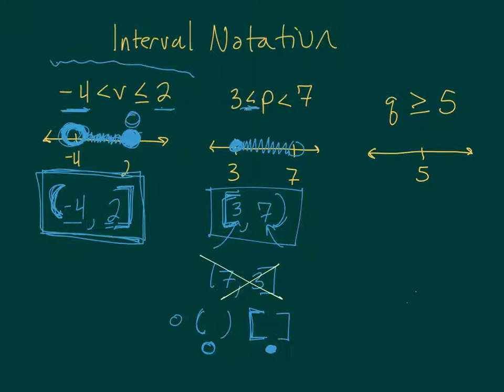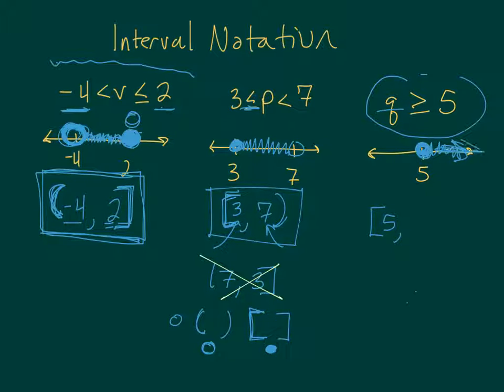This last one, you can see there's a problem. We don't have any endpoints. It's just going to go all the numbers that are more than or equal to 5. So as middle schoolers, we would have included the 5, and all numbers that are bigger than it. If that comes up, and I don't think it will at this level, 5 is the lower number, and then everything above it is bigger. So my leftmost point is 5, I want to include it.